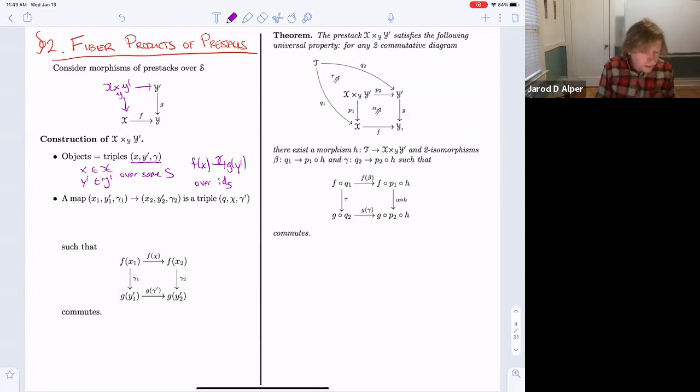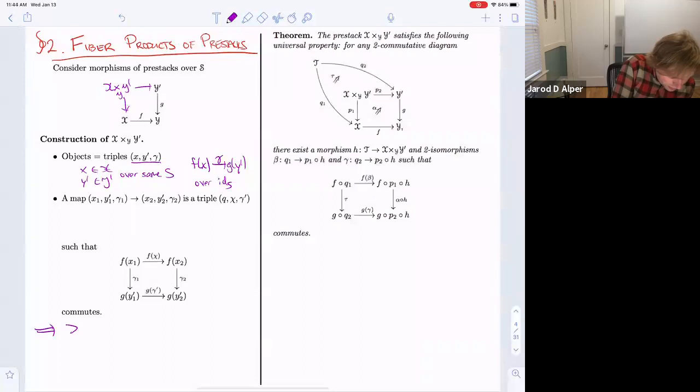And before I go further, last time I discussed groupoids and fiber products of groupoids. So maybe a consequence of this definition is that the fiber category of this fiber product